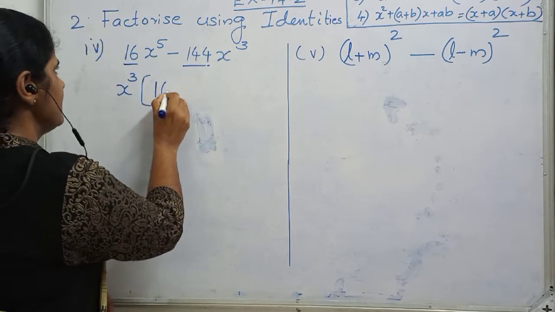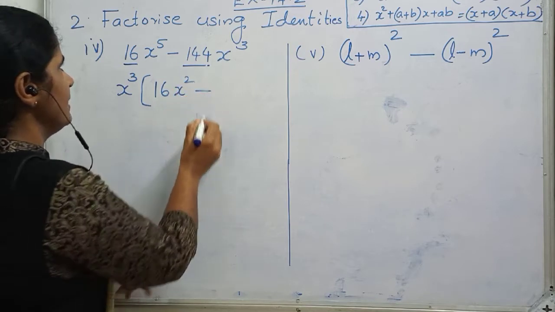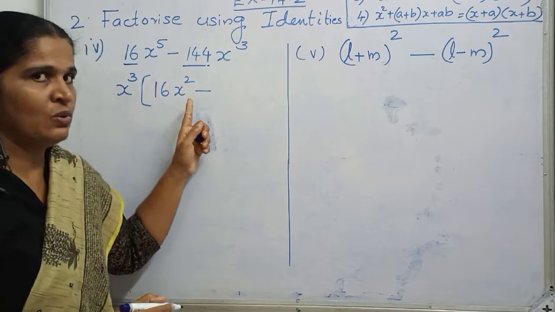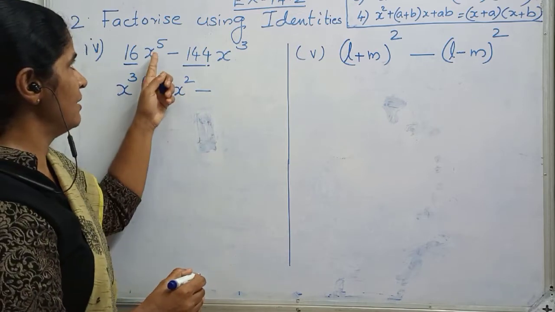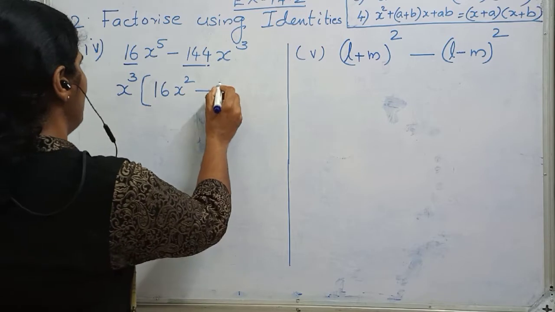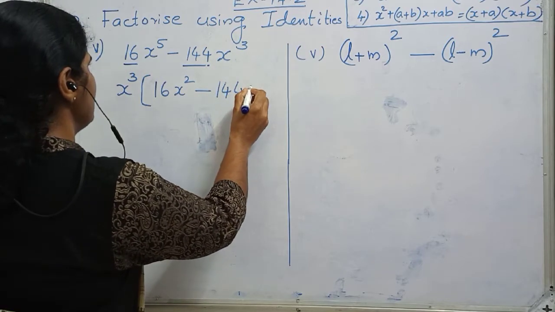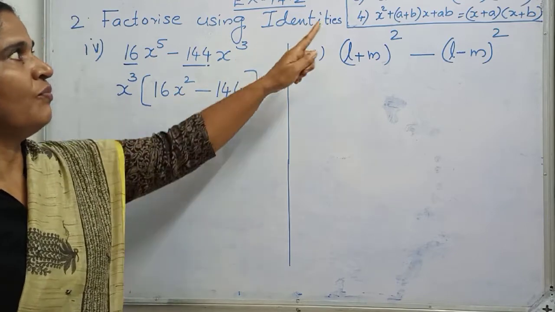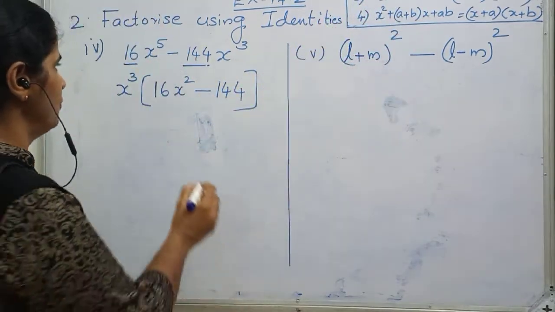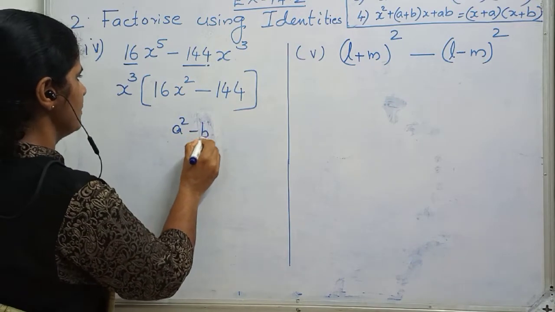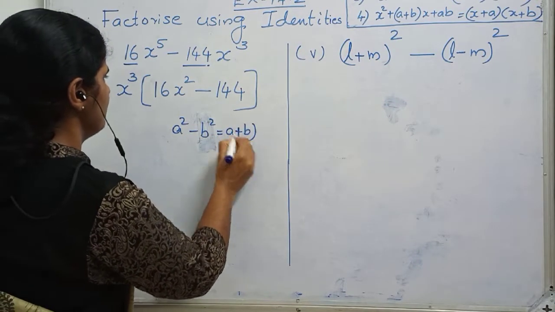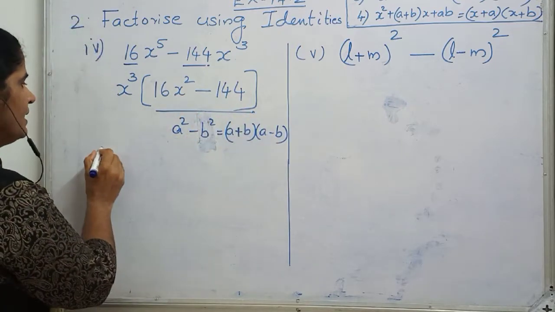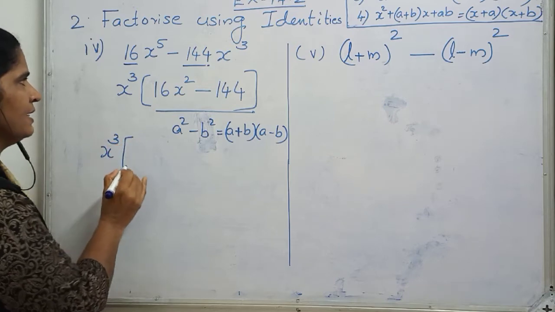The remaining will be 16x raised to 2 minus 144, because x raised to 3 into x raised to 2 gives x raised to 5, since a raised to m into a raised to n is a raised to m plus n, adding the powers. And 144 also has x raised to 3 taken out. This is actually of the form a square minus b square. So if you use a square minus b square equals (a plus b) into (a minus b), for this part,